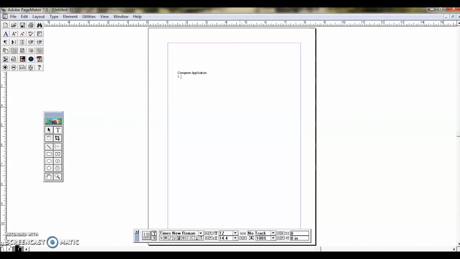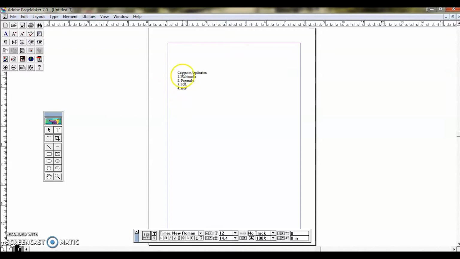So chapter 1. Chapter 1 is about multimedia. And then I am giving second as PageMaker. And third as SQL. And I enter the fourth one as PHP. So here instead of fourth I am having some dollar symbol.